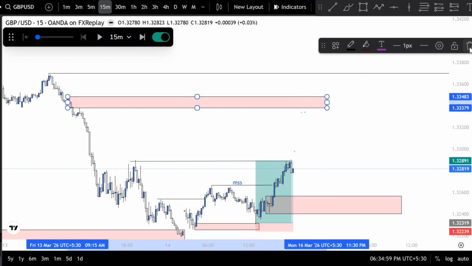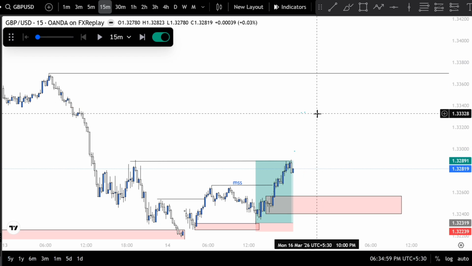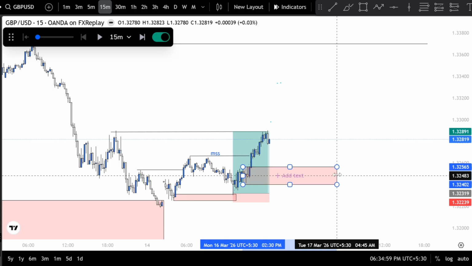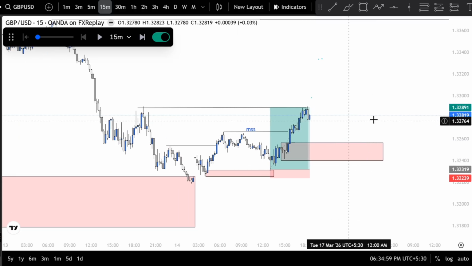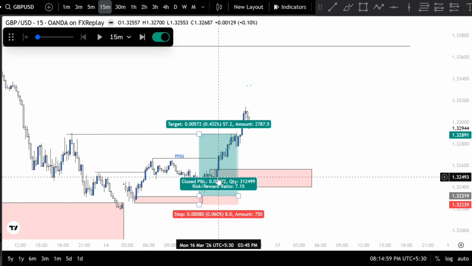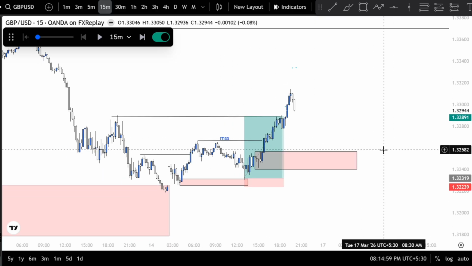We will not be covering that today. We'll be only looking at the entry model today, so we will come to that later in other videos in the future. Anyways, if we continue the price, now remember guys, we need to wait for this area here, because what does